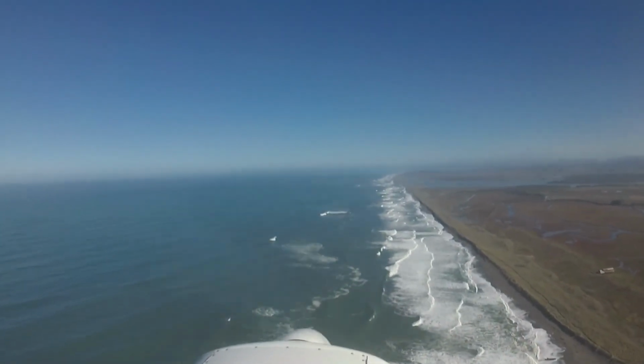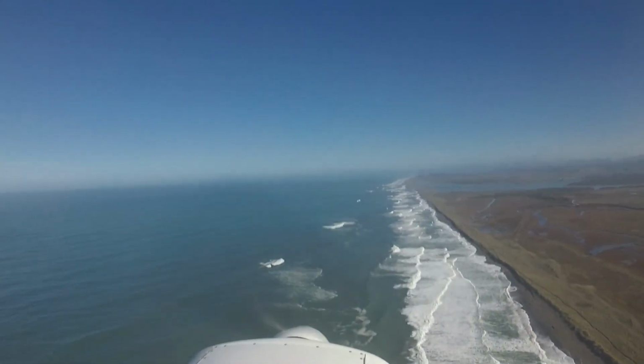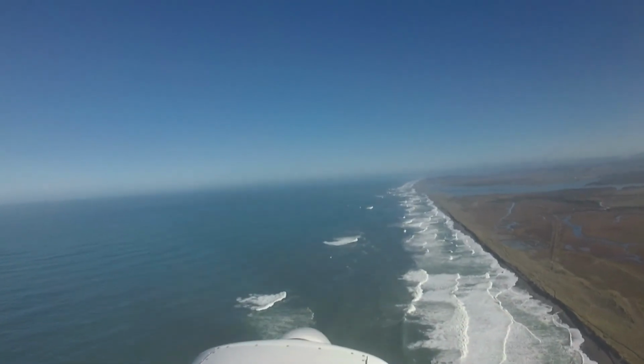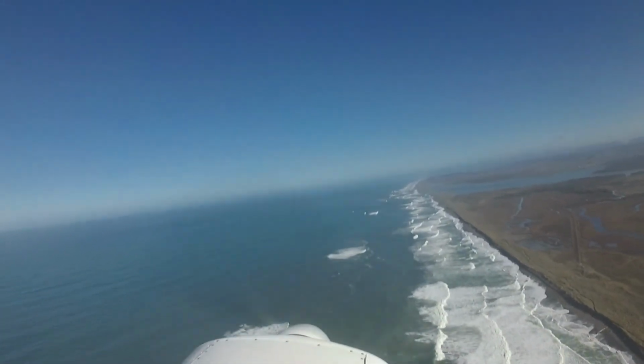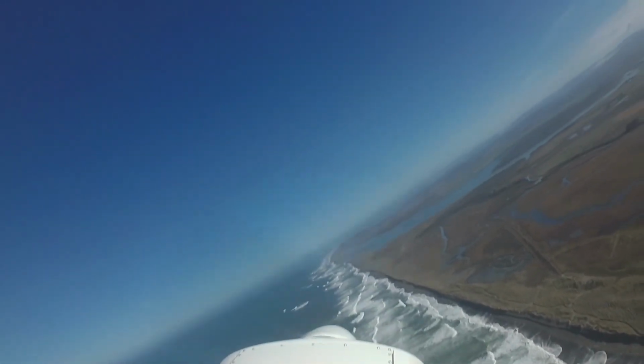Okay, ladies and gentlemen, I think we saw a really nice view of the coast along here, so I'm going to go ahead and head toward Rancho Marietta. Bring the prop up some, and we'll start a nice climb up to